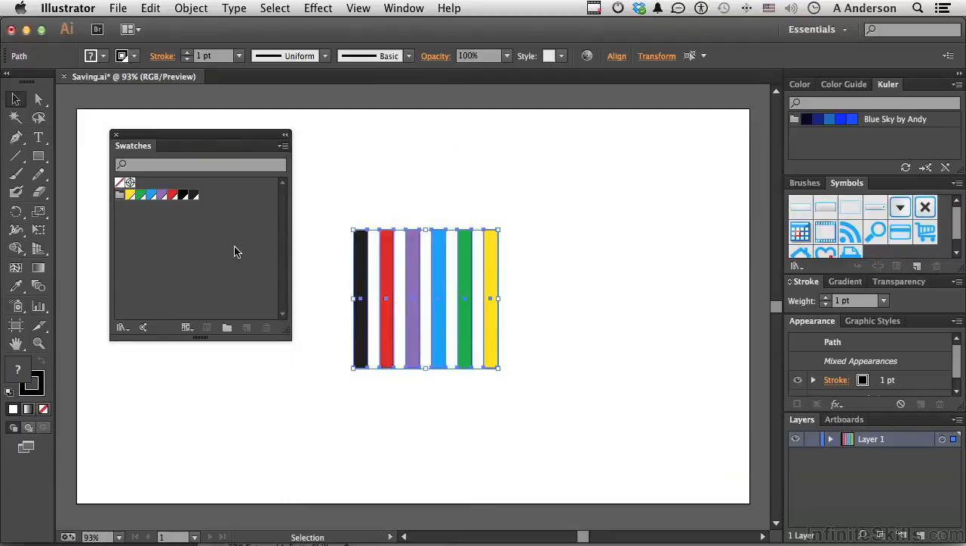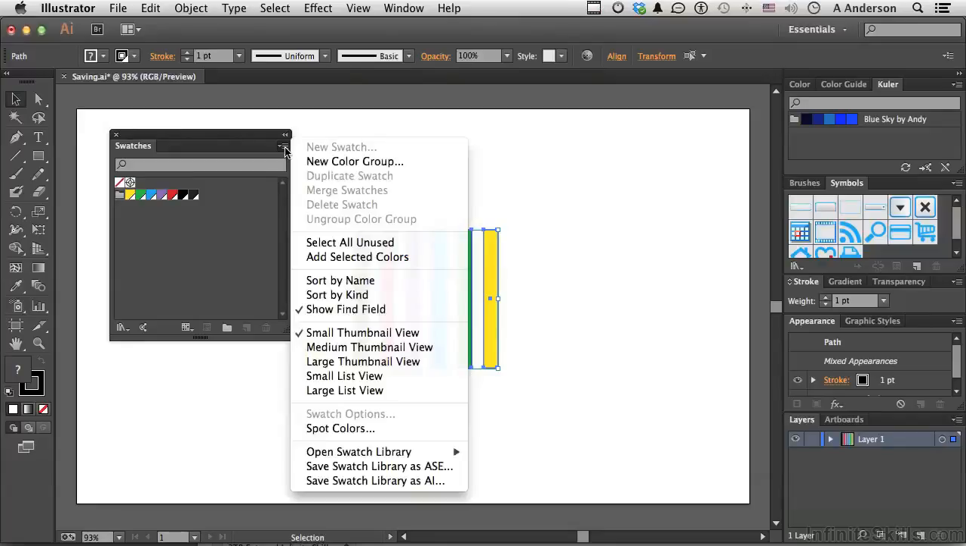Okay, so we've got our colors. What do we do with them now? Well, let's go into this button here and go down to Save. Now, you've got two options for saving. You have Save Swatch Library as an ASE. That's Adobe Swatch Exchange. And Save Swatch Library as AI. If we go to this one first,